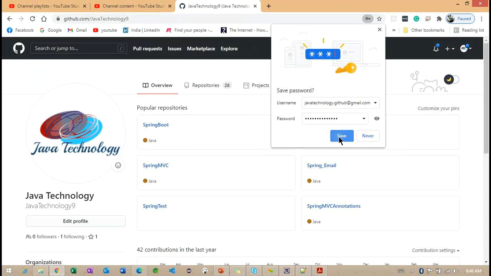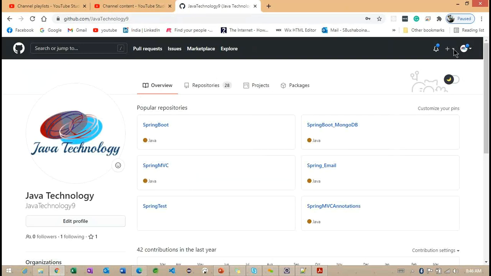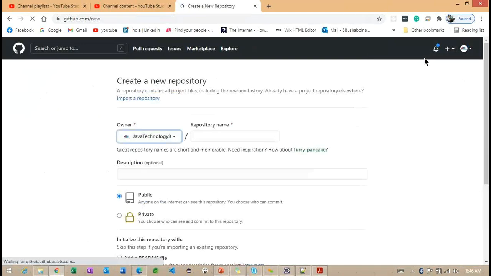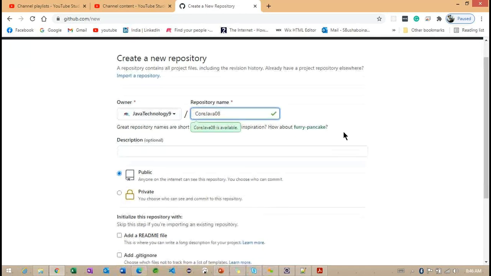One second, I'm going to create one repository here. For our core Java, we'll work on the 08.